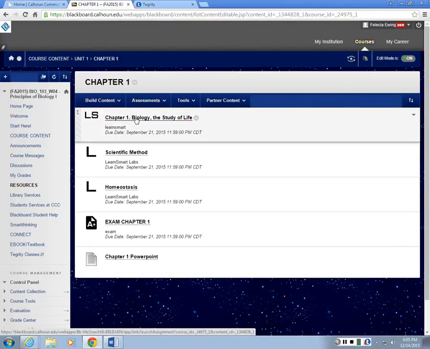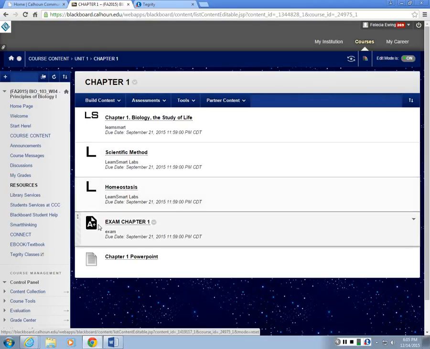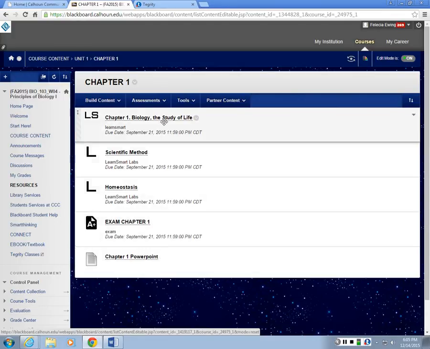One of the things that you'll notice is that not only do you have Learn Smart activities, but you also have this L, which stands for the labs. So what we want to do is to click on one of the assignments. You also see your exam, and also I always provide you with a PowerPoint. But anyway, once you click on the Chapter 1 exercise,